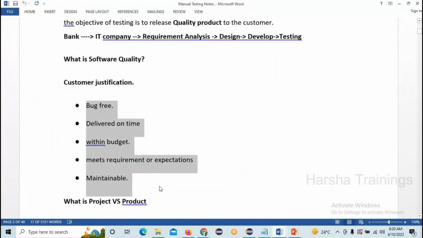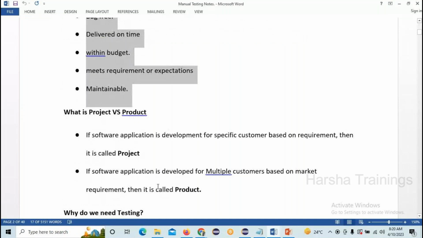Okay, good. Any other definitions? Okay, fine. What you said is exactly correct.